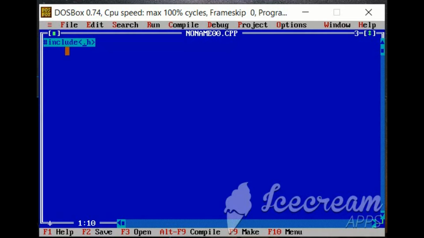We are going to use two types of header files, stdio.h and conio.h. stdio.h means standard input output header. In this file, the input output functions are defined, which we can use for inputting data from the user or outputting the result. And next is conio.h,